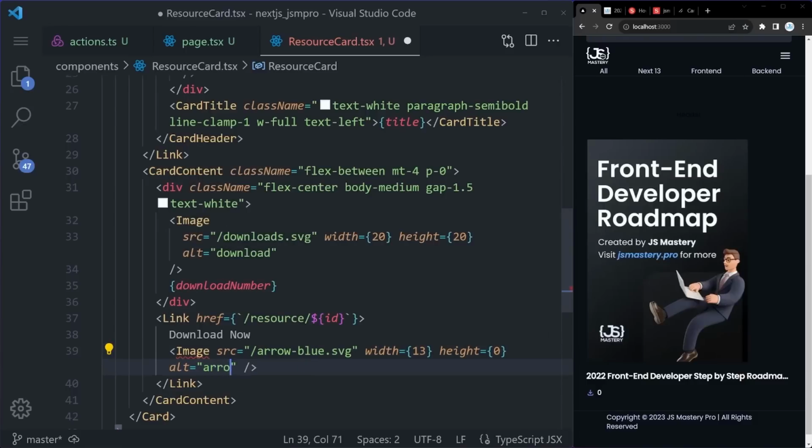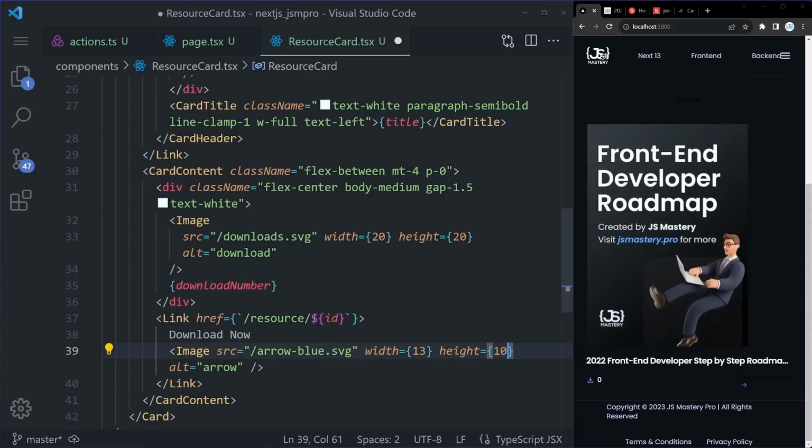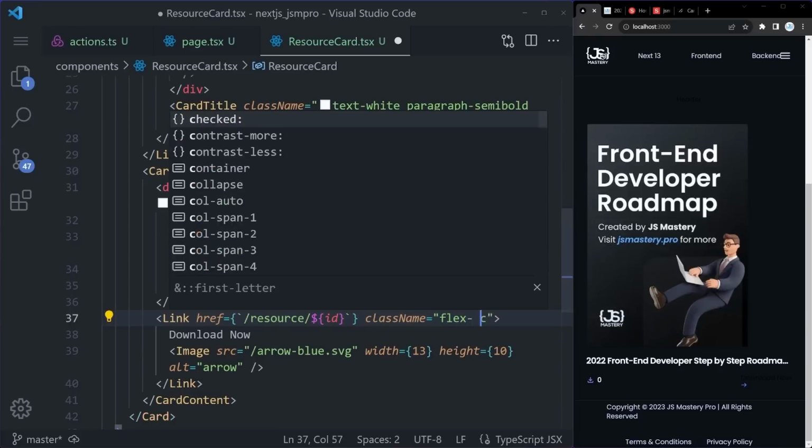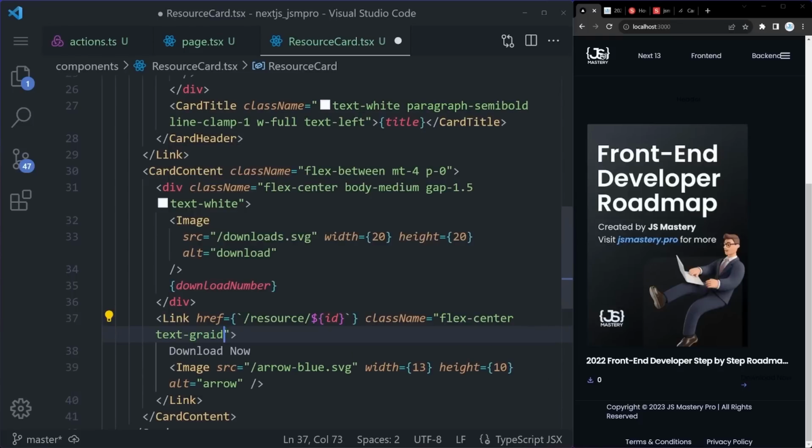And the alt tag can be arrow. You can see a little arrow right here. I believe if we set height to 10, it's still going to look good. Yeah, there we go. Finally, let's style this link by giving it a class name of flex-center, text-gradient,